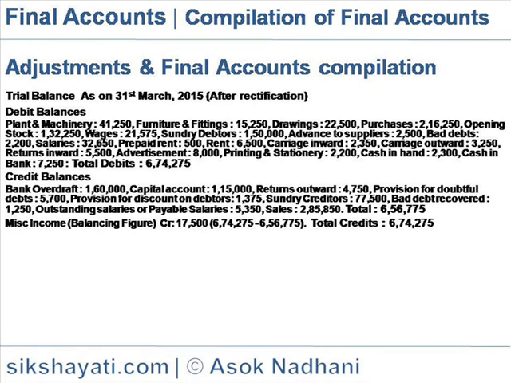In the debit side, we find the debit balances: plant and machinery 41,250, furniture and fittings 15,250, drawings 22,500, purchases 2,16,250, opening stock 1,32,250, wages 21,575, sundry debtors 50,000, advance to supplier 2,500, bad debts 2,200, salaries 32,650, prepaid rent 500, rent 6,500, carriage inwards 2,350, carriage outward 3,250, returns inward 5,500, advertisement 8,000, printing and stationery 2,200, cash in hand 2,300, cash in bank 7,250, and the total debits is